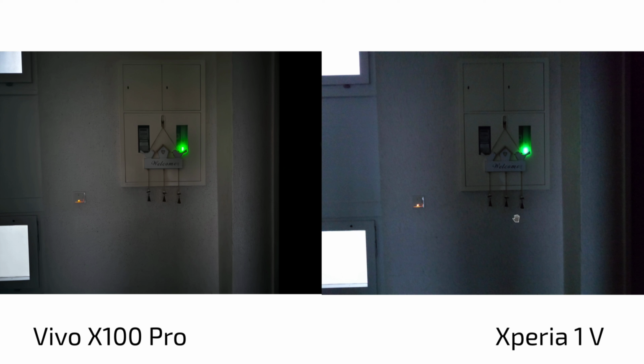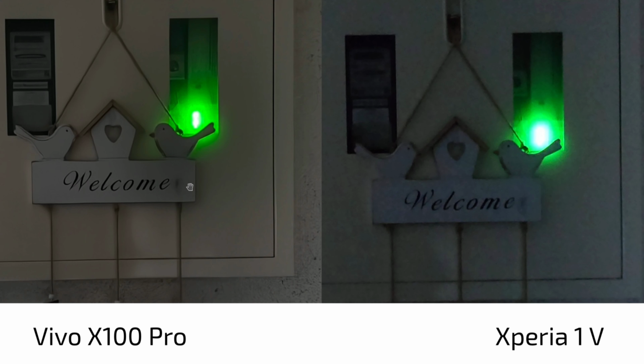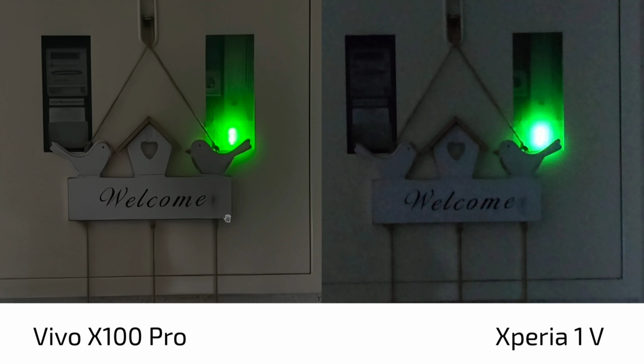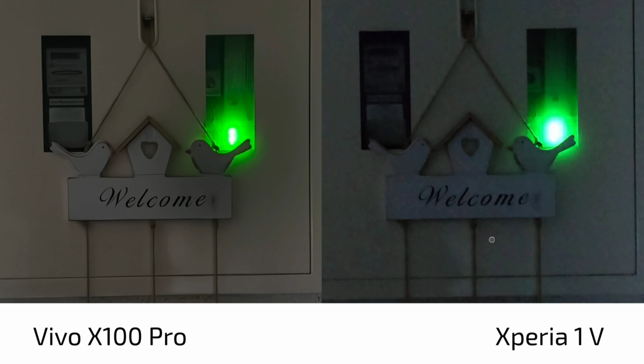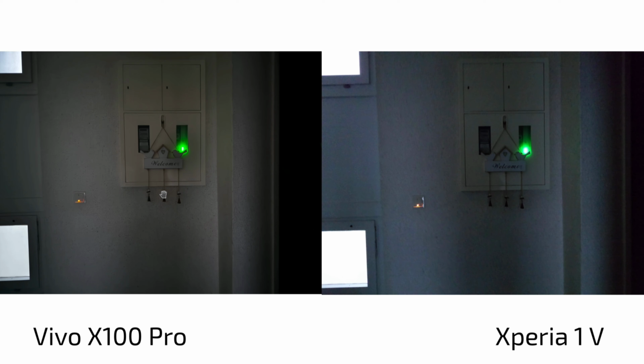But the Xperia 1 Mark V has tons of noise already, and if I zoom in, you can see it doesn't look very pleasant there, where the X100 Pro is pretty clean. It is, however, when you take a second look at the X100 Pro, optimized as hell. Like they have algorithms that run and smooth everything out. So yes, HDR is handled better, and in this kind of nighttime to daylight, the X100 Pro is better than